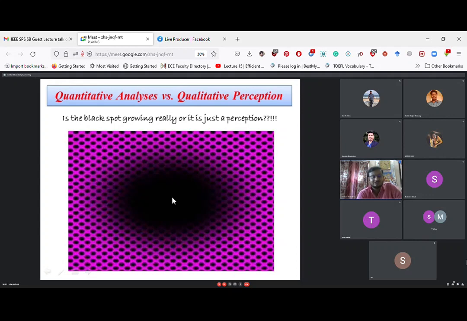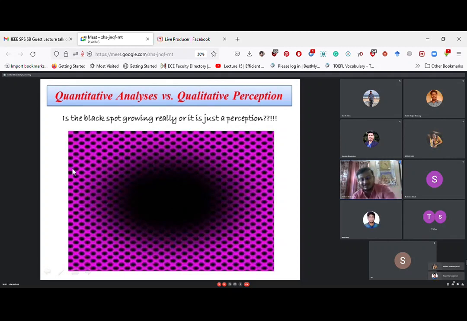As I have told you, there is a little difference between intensity and luminance. Here the intensity of all the pixels is fixed. But if you concentrate on the middle of the dot, or where my cursor is, you can perceive that it is growing because the luminance can change. Luminance will change at the edge. When you concentrate here, the luminance of these pixels will change periodically because it is periodic in nature.